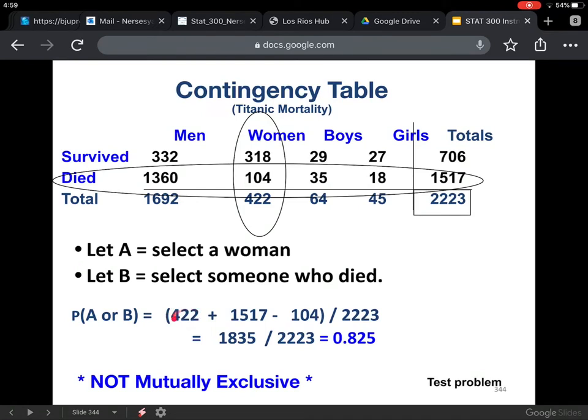So adding the total probabilities and subtracting their intersection, dividing by the total number of people that were on the Titanic. And this is an example of not mutually exclusive events or sets. And please note again that I will have something either like a contingency table or some way that I'll be testing you guys on, making sure that you guys understand what mutually exclusive and not mutually exclusive sets are, and